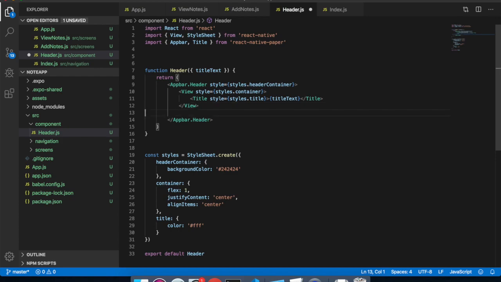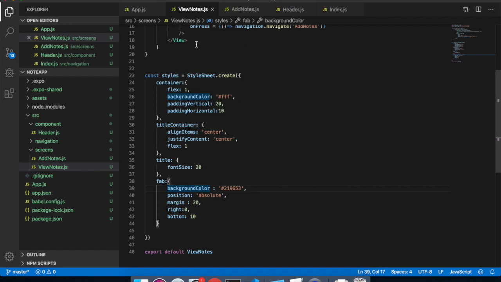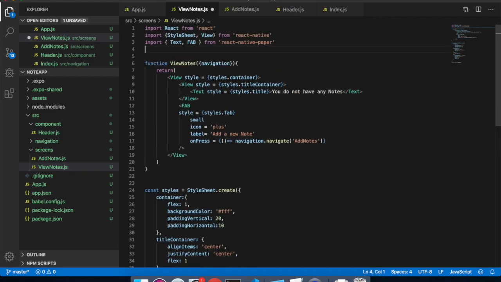Now a little bit of indenting. Save this file as well. Put this header into the view nodes and the add nodes class. So let's add it first into the view nodes class. Import header from